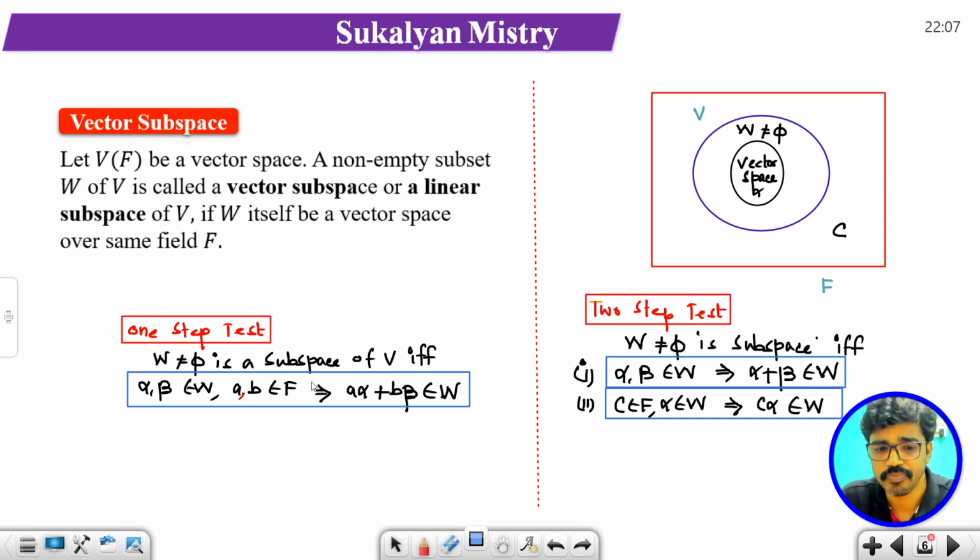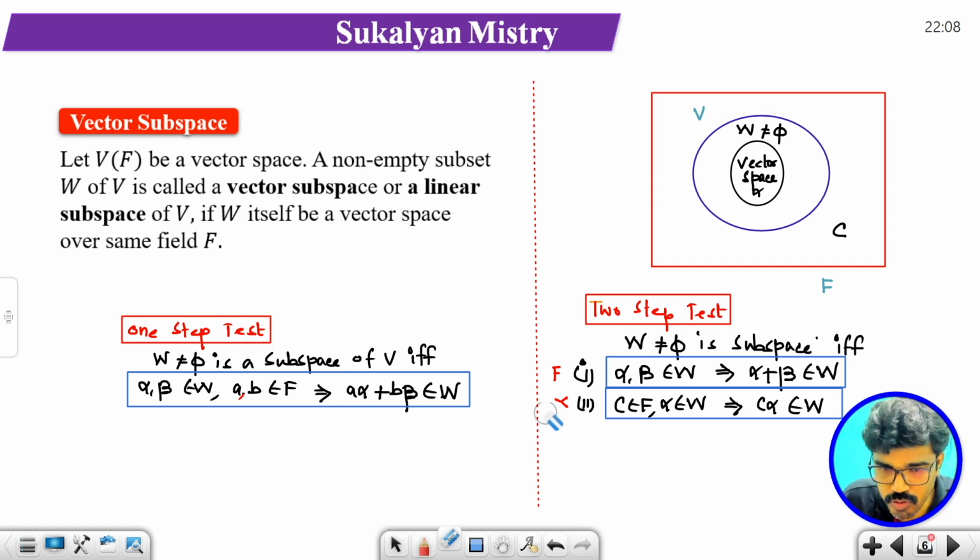তো আমরা বেসিক্যালি ওয়ান স্টেপ টেস্ট দিয়ে প্রবলেম গুলো সলভ করব। ঠিক আছে, আই থিঙ্ক আপ টু দিস ক্লিয়ার, রাইট? সো দেখো একটা জিনিস বলছি, ধরো আমার যদি ফার্স্ট কি আলফা বিটা বিলংস টু W ইমপ্লাইজ দ্যাট আলফা প্লাস বিটা বিলংস টু W, এই দুটো প্রপার্টির মধ্যে ফার্স্ট কন্ডিশনটা ফলস হয়ে যায়, নেক্সট কন্ডিশনটা চেক করার দরকার নেই। ঠিক, ওকে। সো আমরা প্রবলেম গুলো বেসিক্যালি ওয়ান স্টেপ টেস্ট দিয়ে সলভ করব।